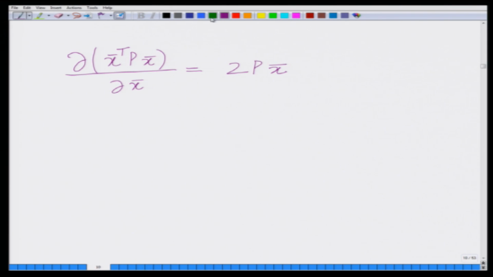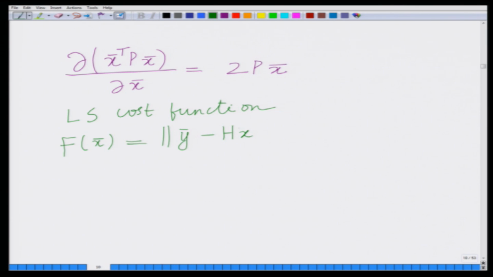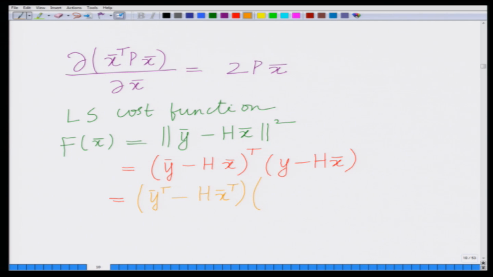So, our original least squares cost function or LS cost function, that is f of x bar equals norm of y minus h x bar square, which is basically equal to, norm of a vector square is vector transpose times itself, which is basically y bar minus h x bar transpose times y bar minus h x bar, which is equal to y bar transpose minus h x bar transpose, I am sorry, h x bar transpose is x bar transpose h transpose, times y bar minus h x bar,